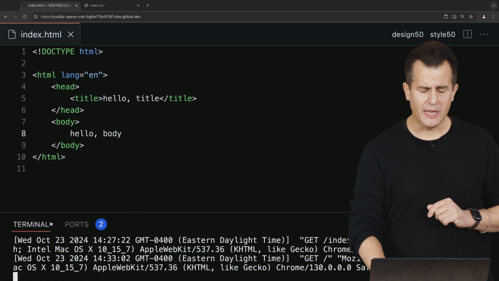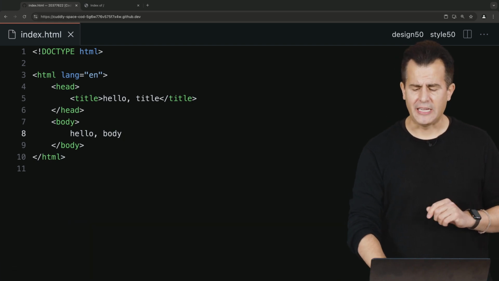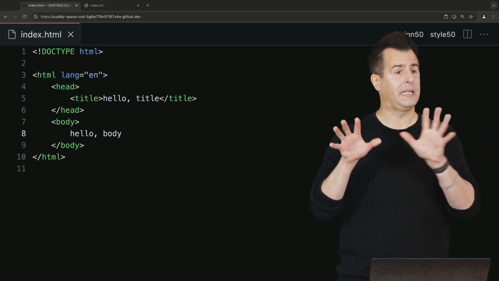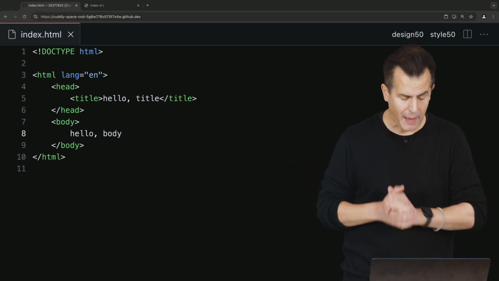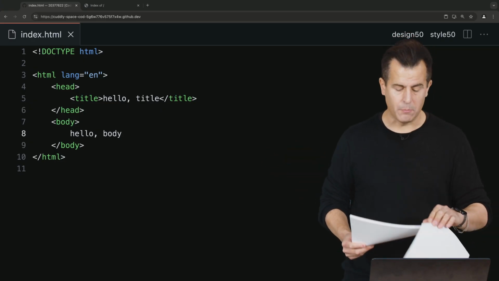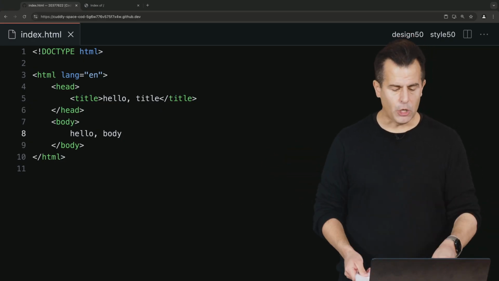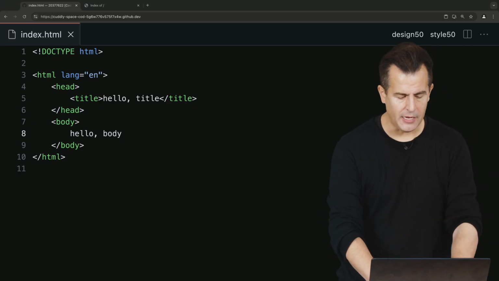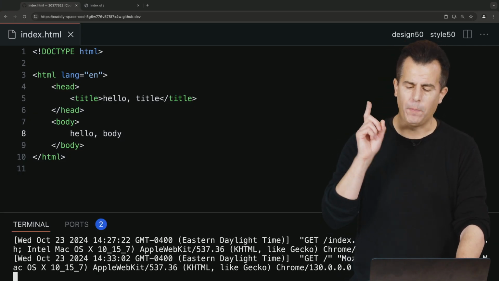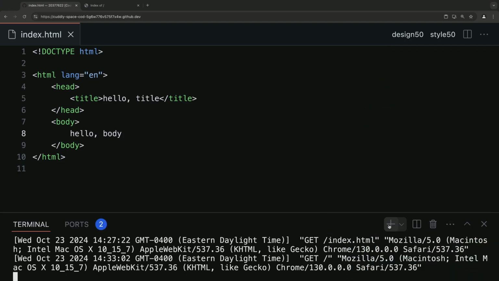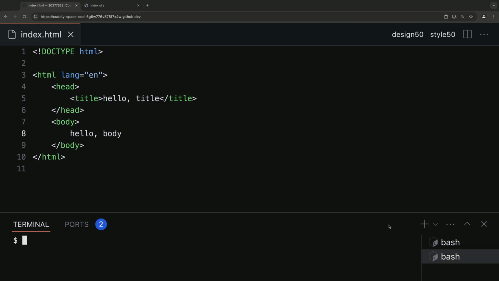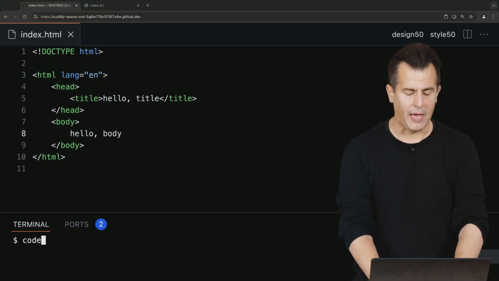So for now, I'm going to go ahead and hide my terminal window because I don't really care what's going on there, but that's still going to keep HTTP server for me running in the background. Let's go ahead and introduce some new tags. So for instance, let me go ahead and create a new file. Actually, let me retract that. Let me open my terminal window, and instead of showing the log, let me create a second terminal window with the plus icon. So I'm still running the other one with the command, but I still have the ability to run commands now in my here prompt. For instance, I want to run a command, code